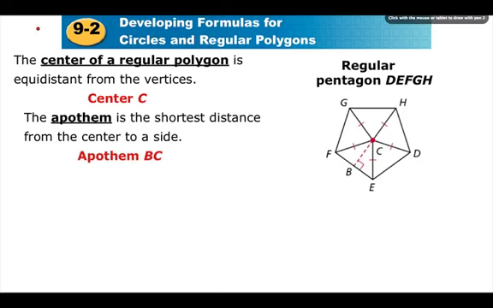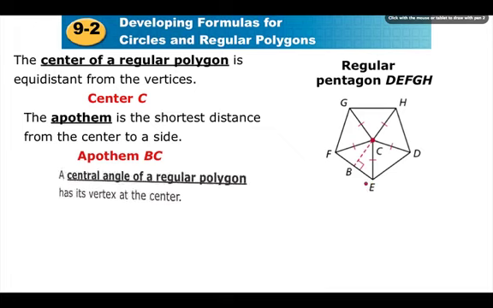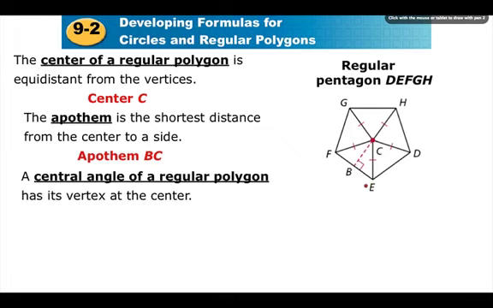Let me get a pen. So this is your apothem, and notice that it is perpendicular to the side of the polygon. A center angle of a regular polygon has its vertex at the center. Again, this is the center, and this is a center angle. Let me highlight it. Center angle DCE. The last thing,